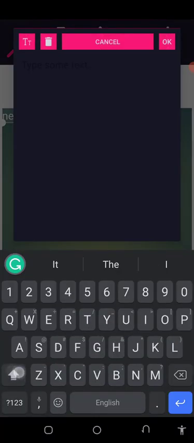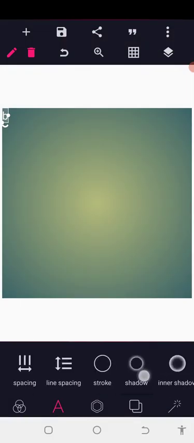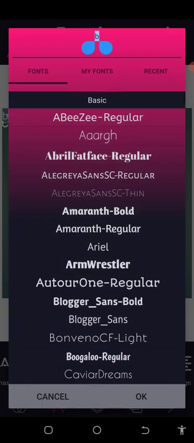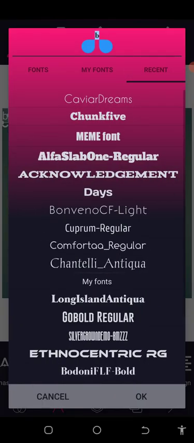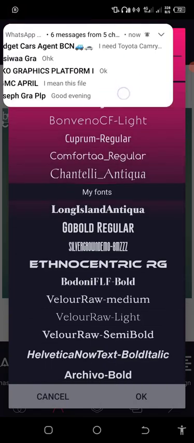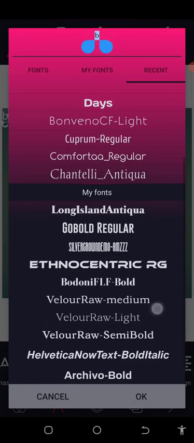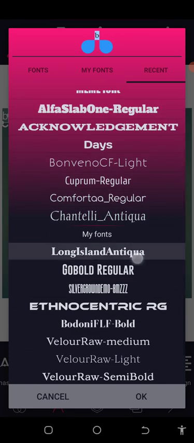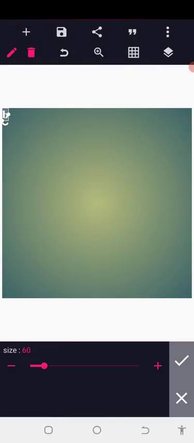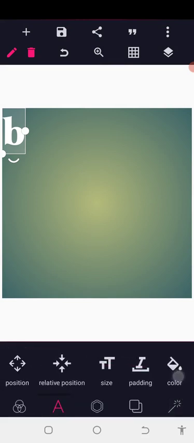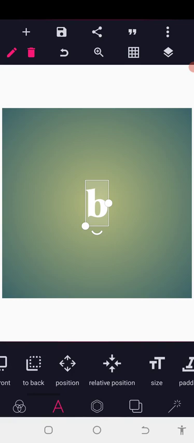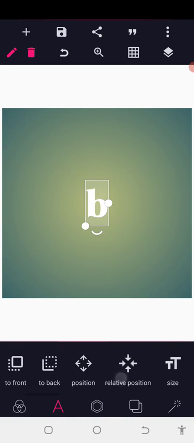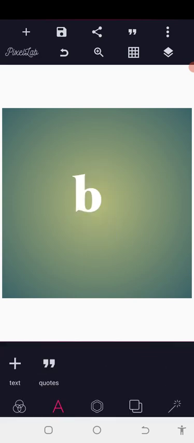So the first thing I'm going to do, I will type letter B in small letter. Then I told you yesterday that anything regarding monogram logo hangs on typeface, which is the font. So we're going to look into this today and come up with something unique. So let's assume that we type letter B, then we'll position it to the center. Now after positioning to the center, you can increase it a little bit, then you move it to this side. So after that, you copy,